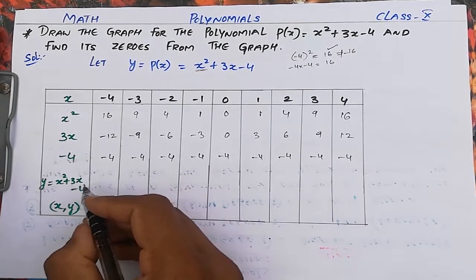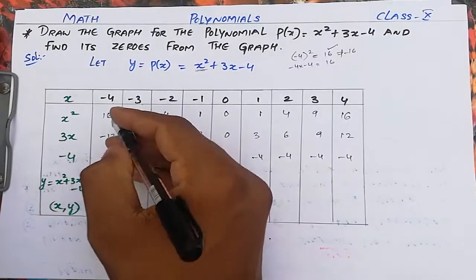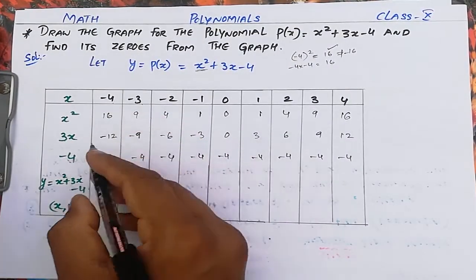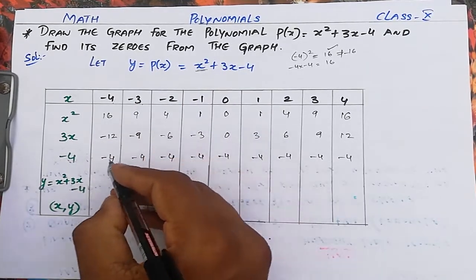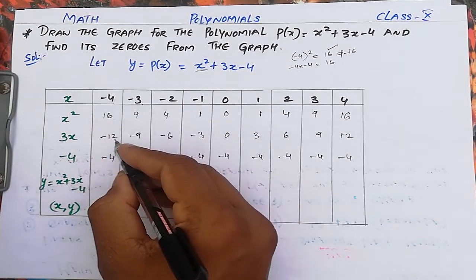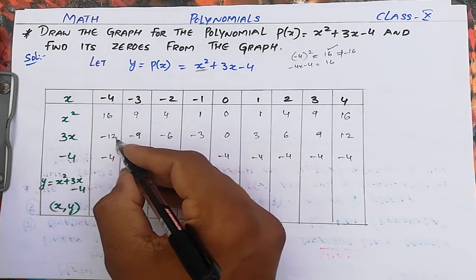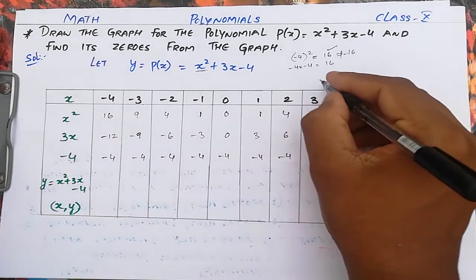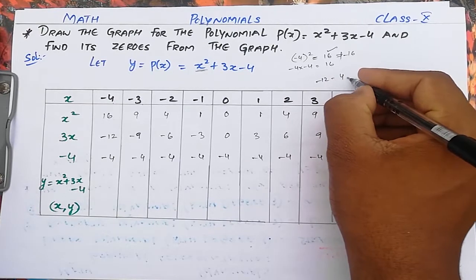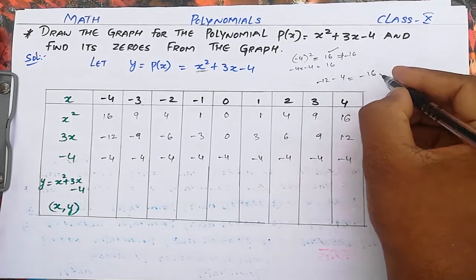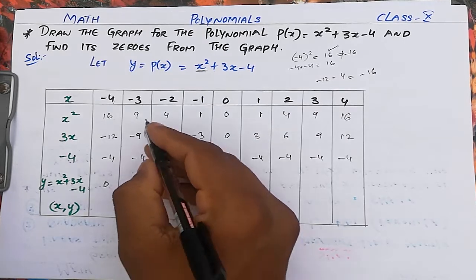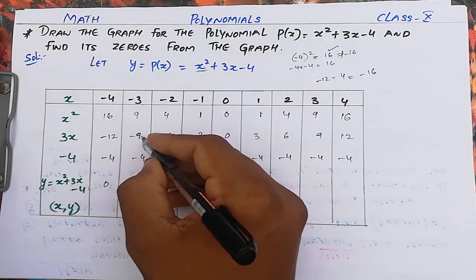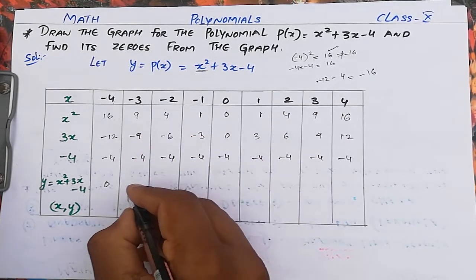Okay, here now adding all these values. Follow the sign directly. Why? Because I have taken here plus, so directly I am taking the values. Just add them. 16, this is a positive value, minus 12 minus 4. Minus 12 minus 4, add them, you will get minus 16. So 16 minus 16 is 0. Like that. 9 minus 9 is 0, minus 4 is left, so minus 4.